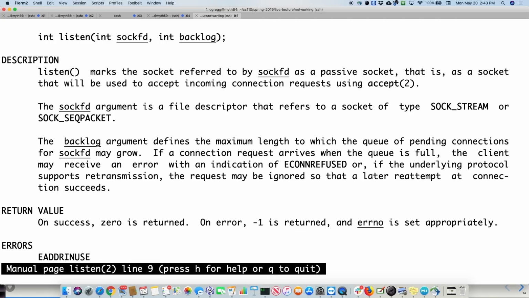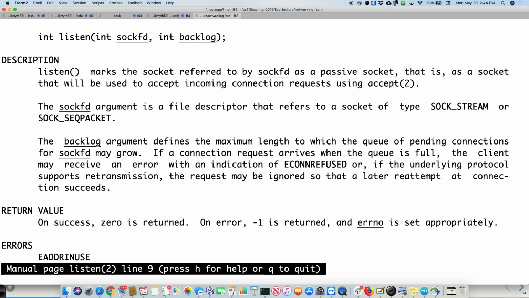But it's going to make it so that your program can take a little bit of time to set up a connection, and then the operating system will keep a backlog of the other connections and then forward them to you one at a time. I believe that's what it is.